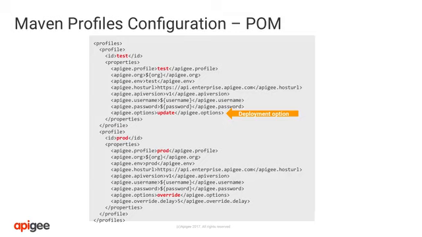Along with the properties in the profile, the Apigee.options property determines how the deployment should be done. There are different options available: update, override, inactive. Update option is used to deploy to an existing revision. Override always deploys to a new revision. Inactive imports the bundle but does not deploy.